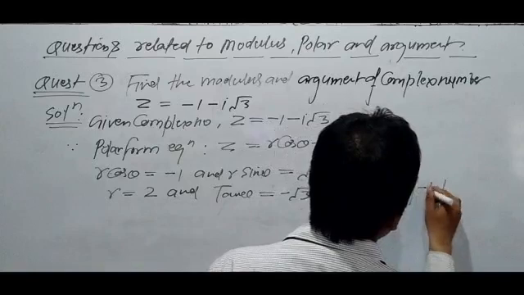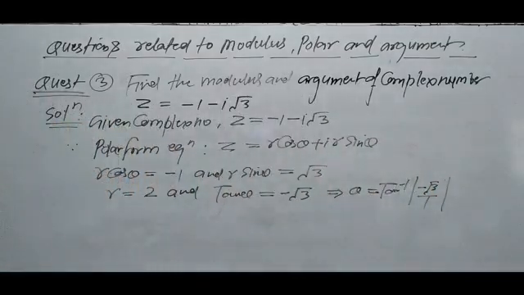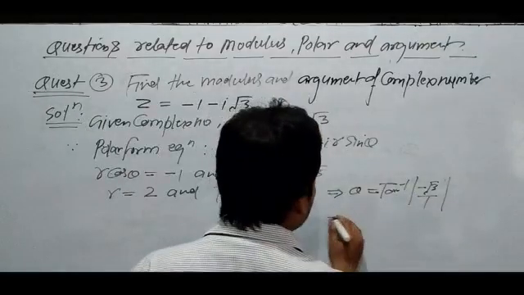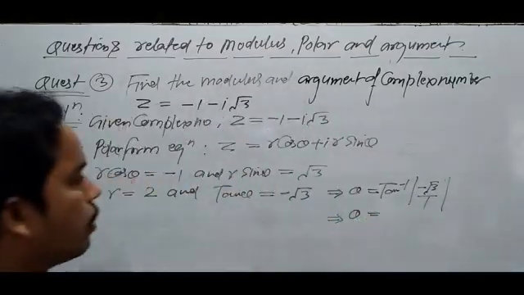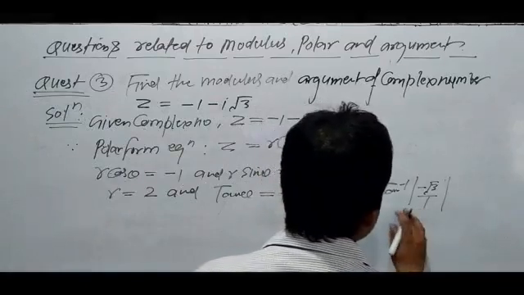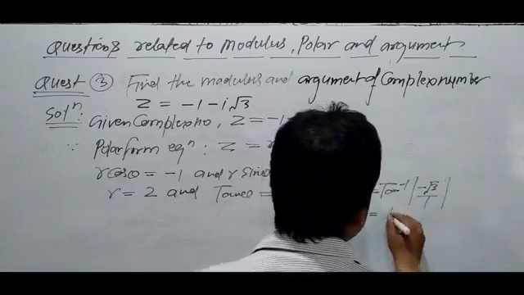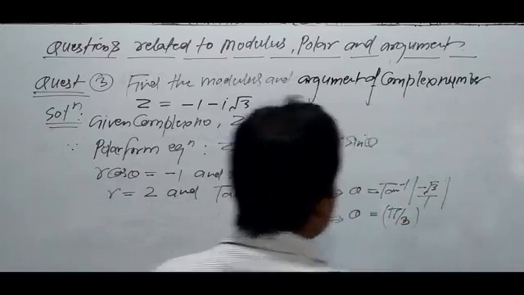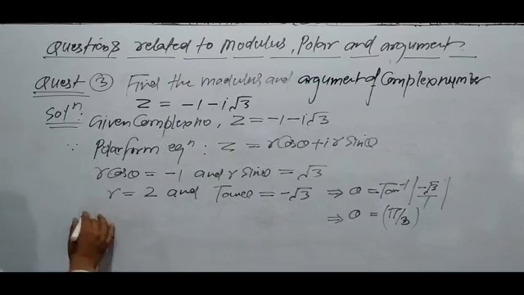So the result will be root 3 by 1, and now theta is equal to tan inverse root 3, and the value is pi by 3, meaning theta is pi by 3. And you know, since x is less than 0 and y is less than 0,